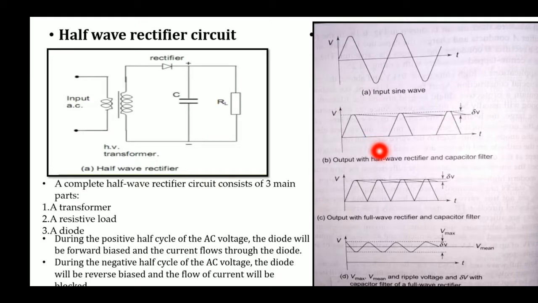So that is why, moreover, this half wave rectifier is not efficient, because its efficiency is only 40.6%. That is why we can't use it for applications which need a smooth and steady DC output. So instead of the half wave rectifier, for a more efficient and steady DC we prefer the full wave rectifier circuit.